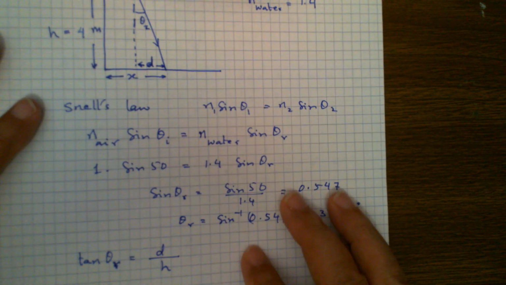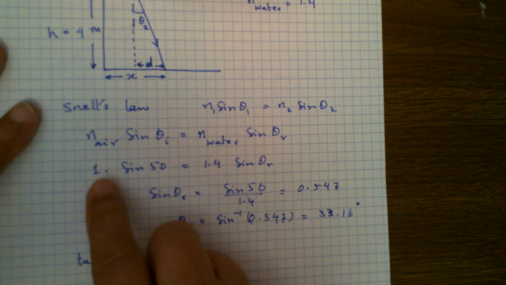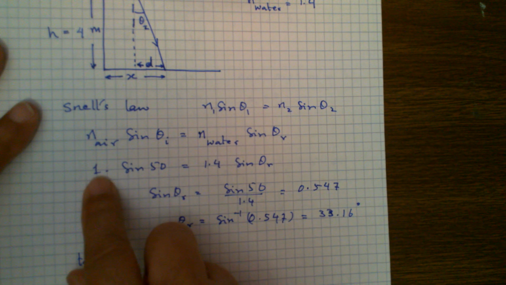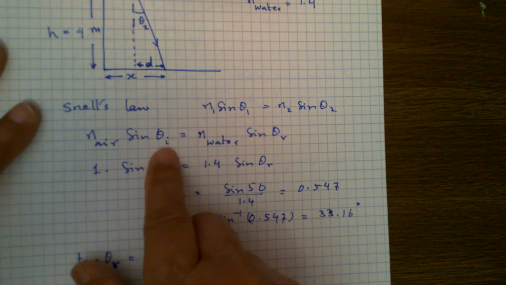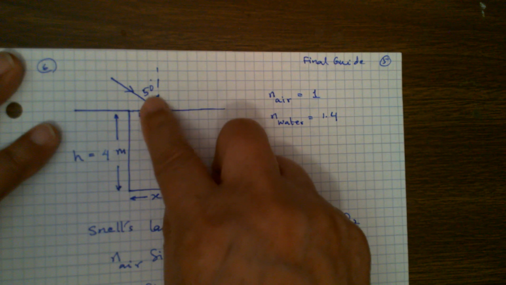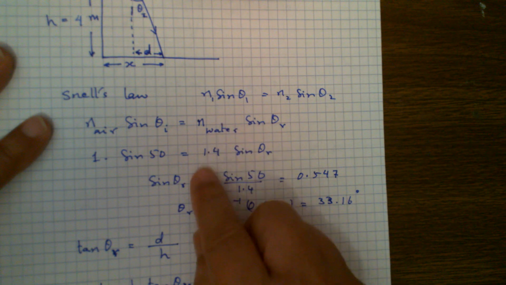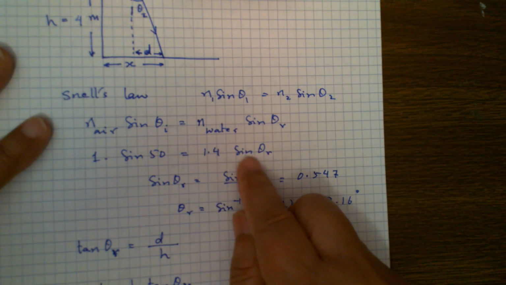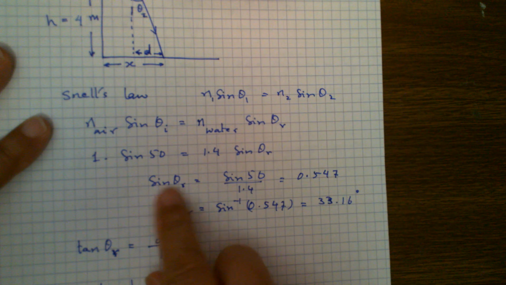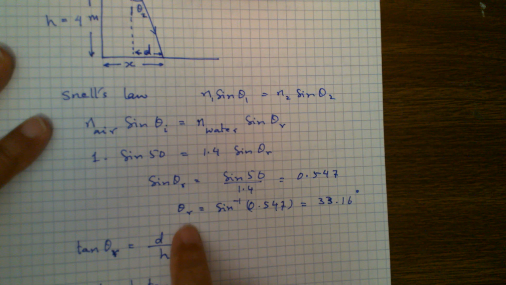Doesn't matter, you can change the name if you want. Now n air is 1 as given. Theta I as shown in the figure is 50 degrees, and n water is 1.4, so sine theta R. So from there I can find theta R is equal to